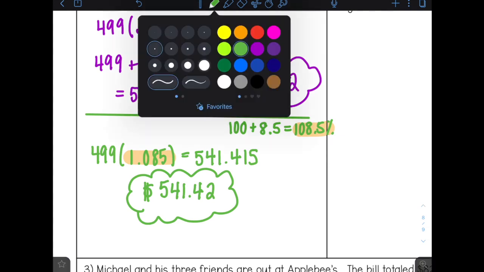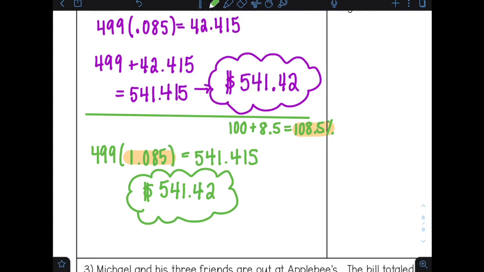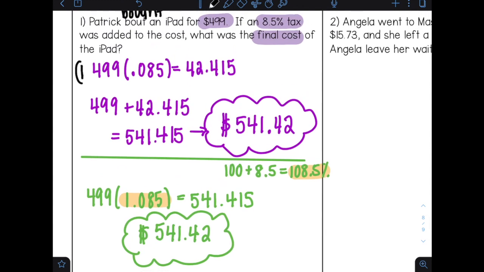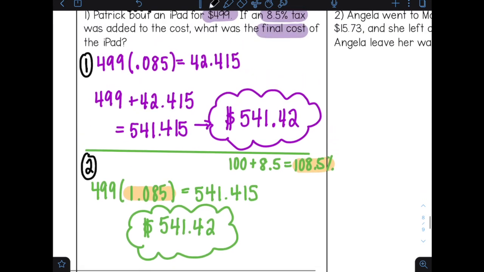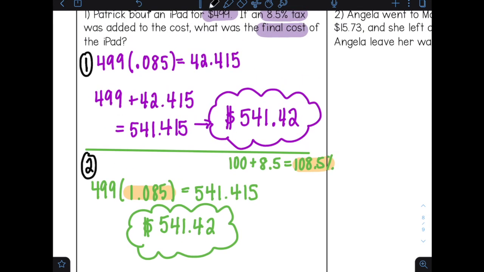So again, the first method is doing a little bit more work, but you're able to break it down. And then the second method is getting you right to that final cost. All right, so